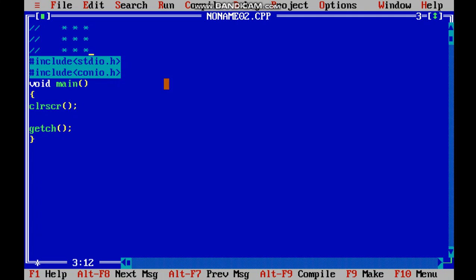See guys, we are given a question that we need to print this asterisk pattern 3 times. Don't be so happy that you can just use the printf function and print it. No, you have to do it logically. So let us understand each and every step. First I'll write the code and then I'll explain it to you.